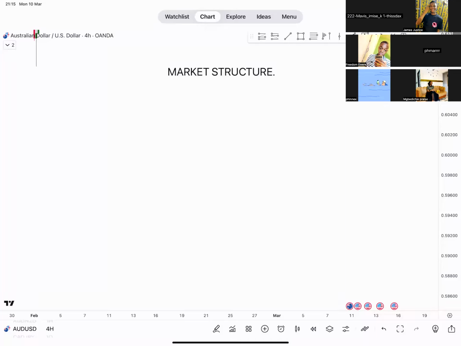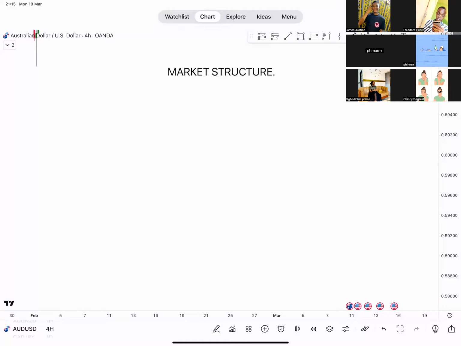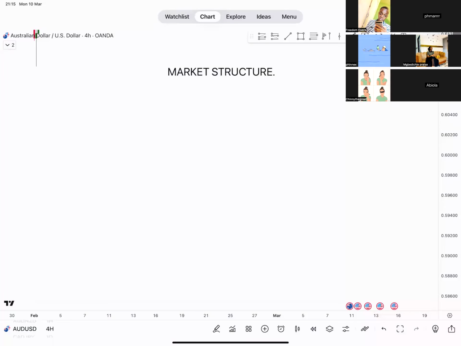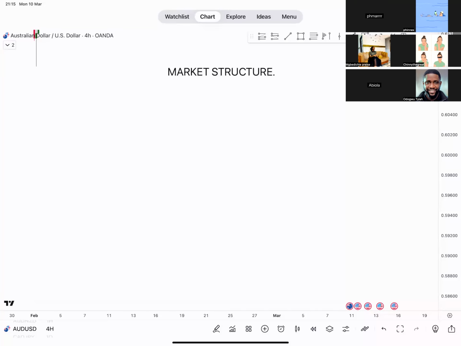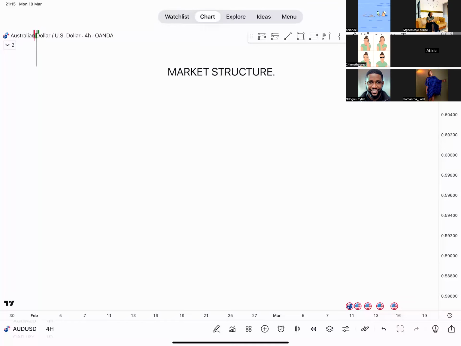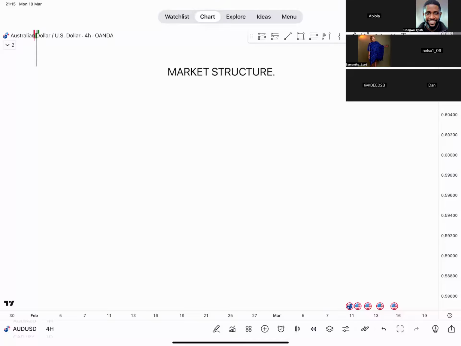there is one thing that every one of these strategies has in common, which is that at the end of the day, you want to be buying when the market is buying, and you want to be selling when the market is selling. So everything still boils down to market structure. This is a very, very important topic when it comes to this whole course outline,